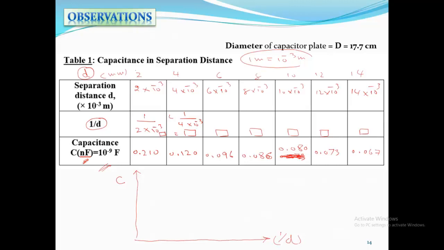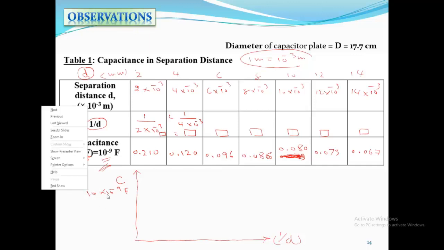And for the graph, you see how to select the scale. For example, this is C. Normally you have 0.210, 0.120, all multiplied by 10 raised to the power minus 9. So if I write here for all 10 raised to the power minus 9 farad, it will be difficult for you to select the scale in points. What I do, I multiply by 10 raised to power